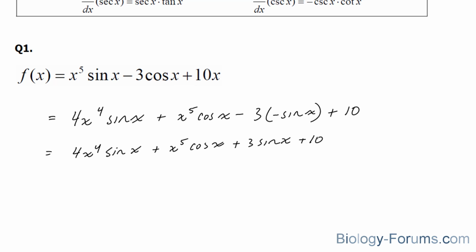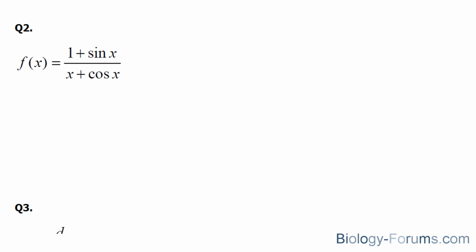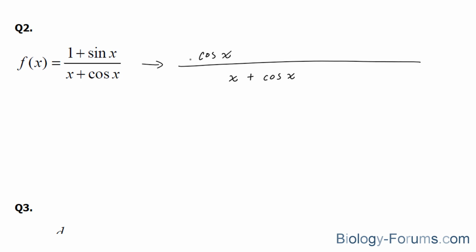Let's move on to question number 2. This time we will use the quotient rule for this example. The way you use the quotient rule is the following. You will square the bottom over, so we'll find the derivative of this and multiply it to the denominator. The derivative of this is equal to cosine x, multiply to that,